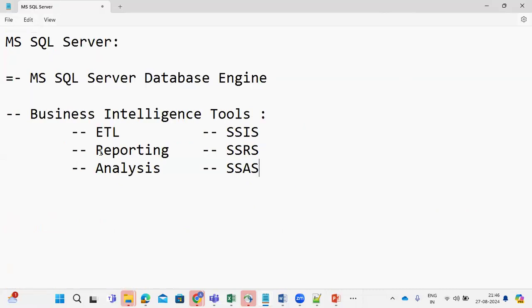See, SSIS is an ETL tool, SSRS is a reporting tool, and SSAS is the analysis. This is the data warehouse. What is the meaning of ETL tool? Extraction, transformation, and load. So this SSIS tool is an integration tool, which is used to bring the data from, suppose, let's consider we have a,